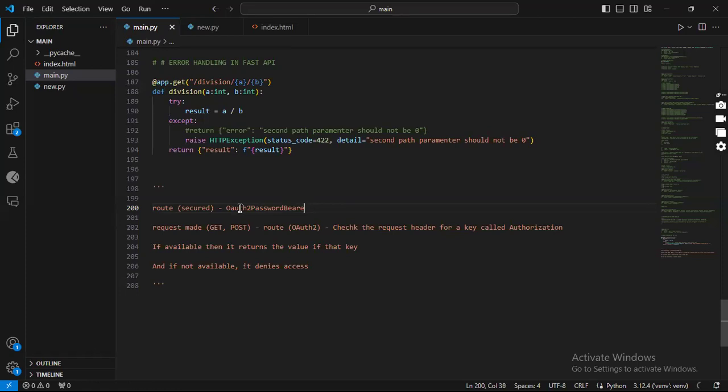Then what happens is this: once we pass this library, because this is a class, a security class, you don't have to know what code is in that class. It's a class that FastAPI has that we can pass as a dependency to our route. Once we pass that class as a dependency to a specific route that we intend to secure,